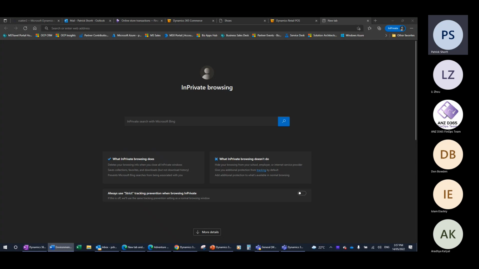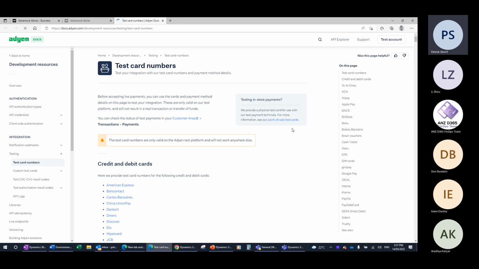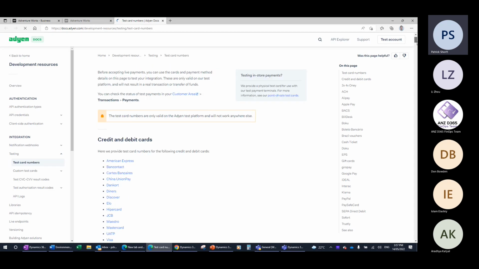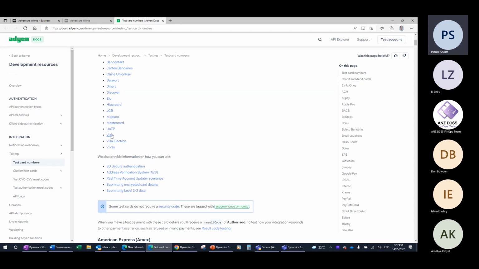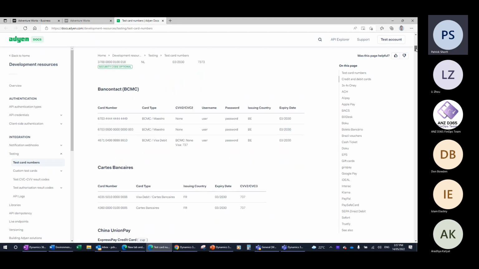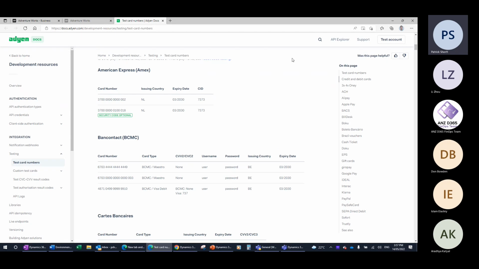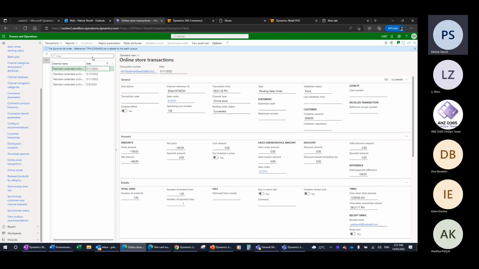All right, so these are the test card numbers. For me, I set up a Visa one to say, "Hey, I want to use a Visa card." There's all sorts of ones here you can use. So when you use Dynamics in the back end, when you come in here, and if I go to my online store,